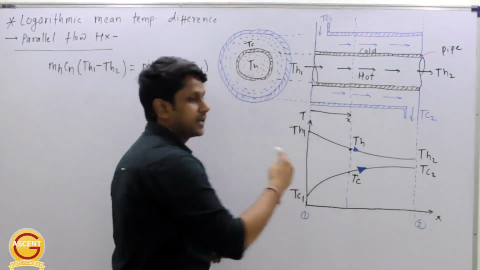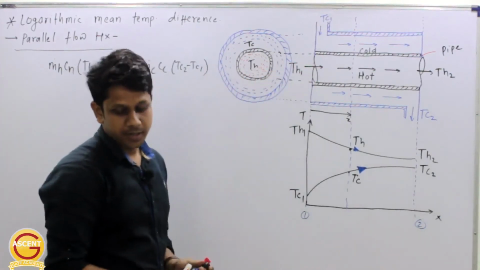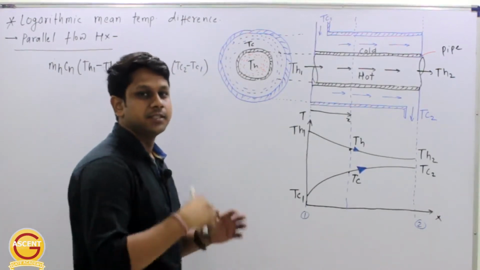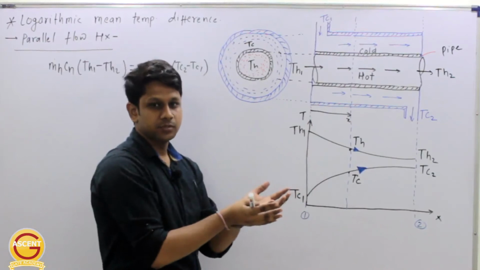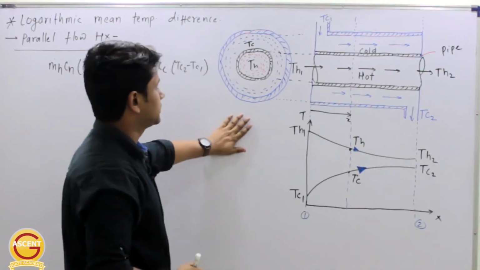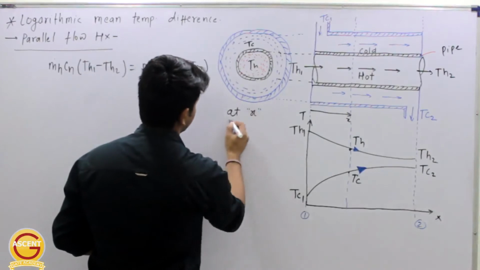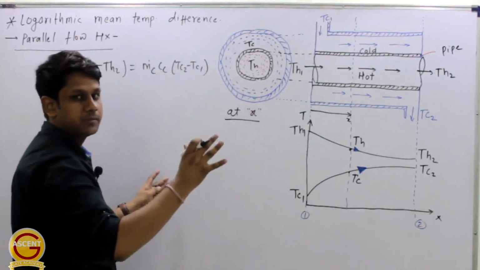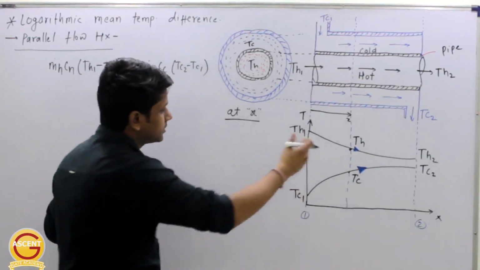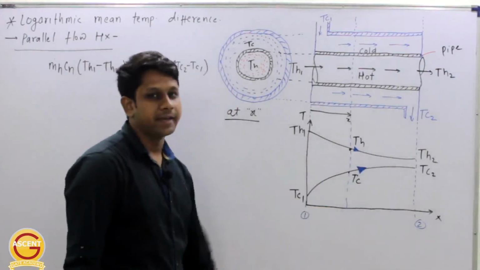And after taking the section, let's say we are seeing the side view of these pipes, right? So how will that side view look? Obviously it is a pipe, so we will see the cross-sectional view, and the cross section will be circular, right? So I have drawn this cross-sectional view at a distance x. See, this cross section is going to be uniform, it is not going to change. At any distance this cross section will be the same, just the temperatures will be different. So this TH and TC we have considered at a distance x.